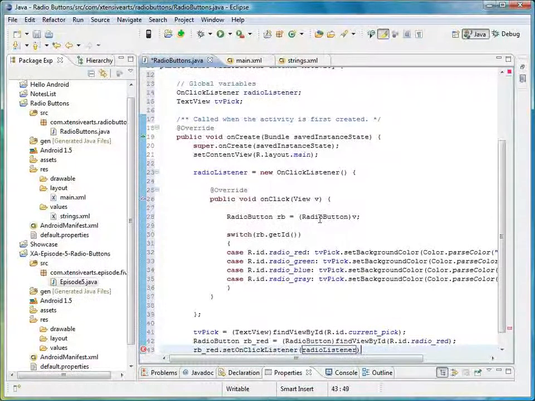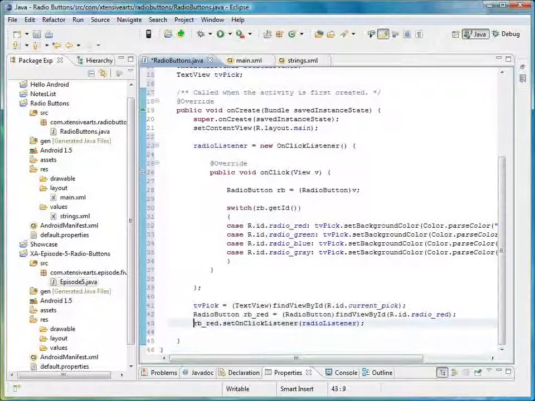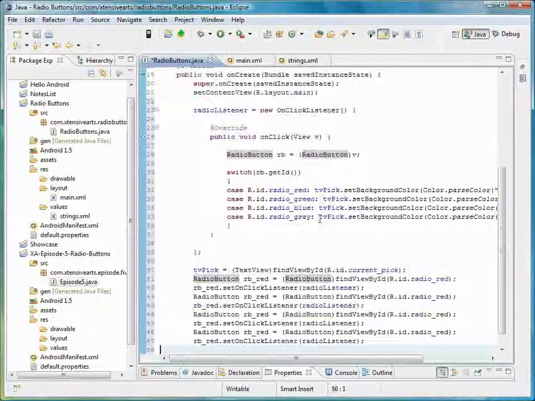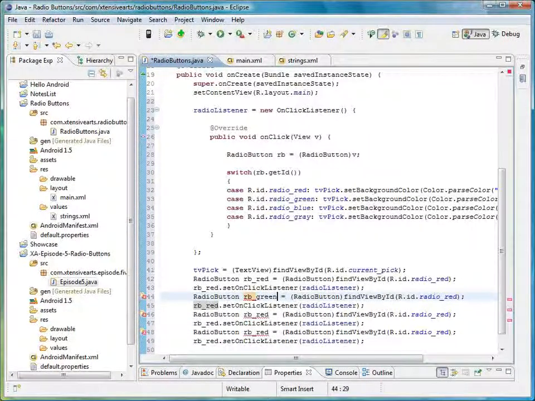All right, and finish that line with a semicolon, and that's all we need to do for that red radio button. So of course we need that 3 more times, so just copy and paste it and then quickly change it to green, blue, and gray, and up here